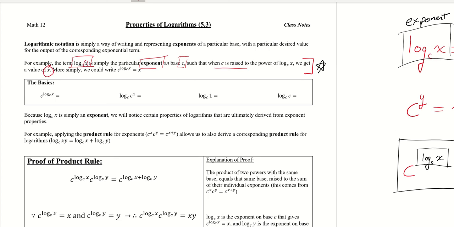We get the input of that logarithm. And then I simply restate what I have written on the right here with this statement. And let's look at some more basic